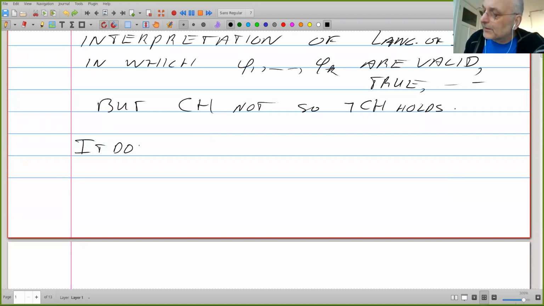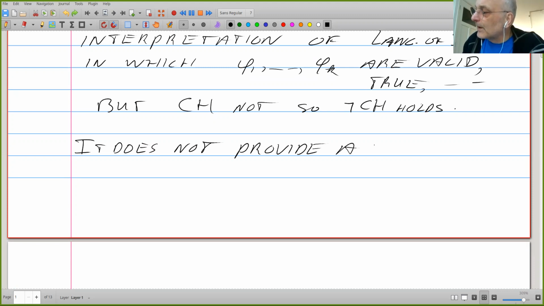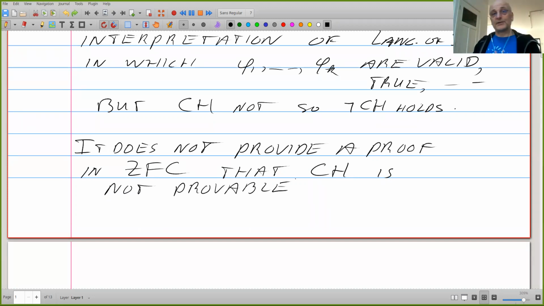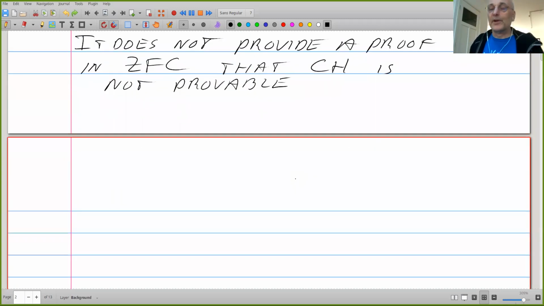It does not provide a proof in ZFC that CH is not provable, because we cannot quantify over sets of formulas. So it doesn't really say ZFC proves CH is not provable. What it does,